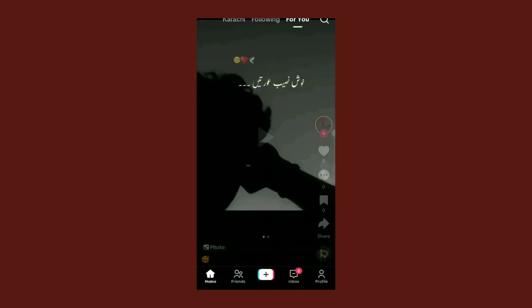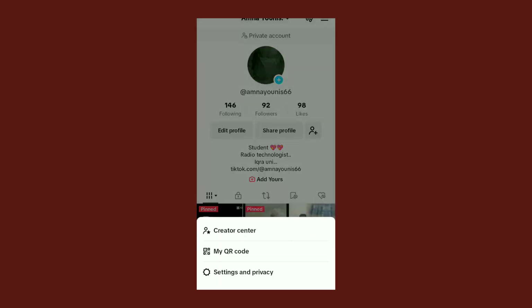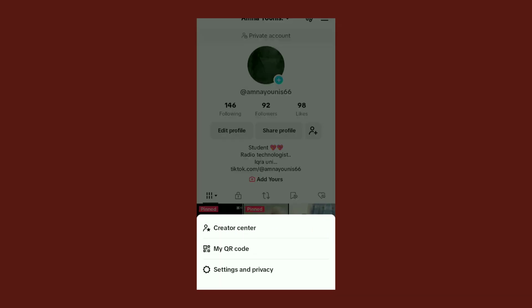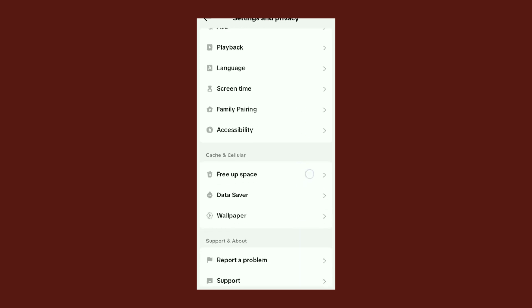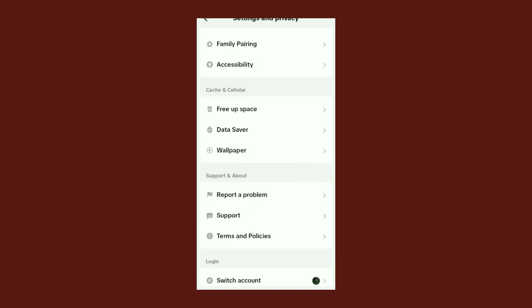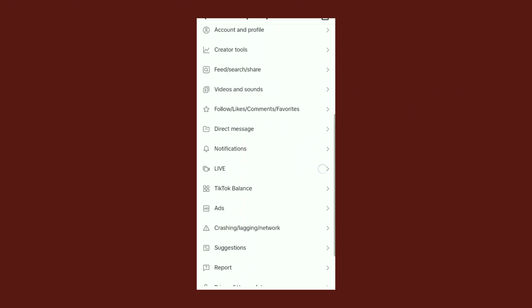Click on the TikTok app, click on the profile, click on the three lines which appear at the right top corner, click on settings and privacy. Now click on report a problem. Now you can see here a lot of options will appear. Now you have to click on